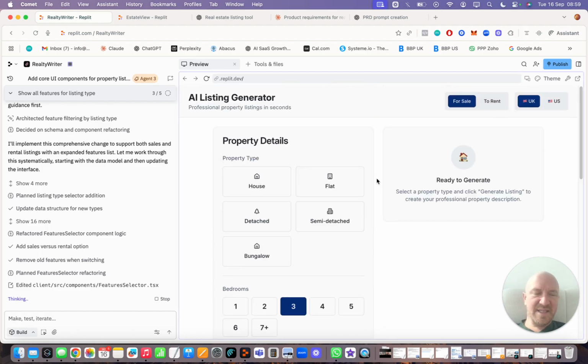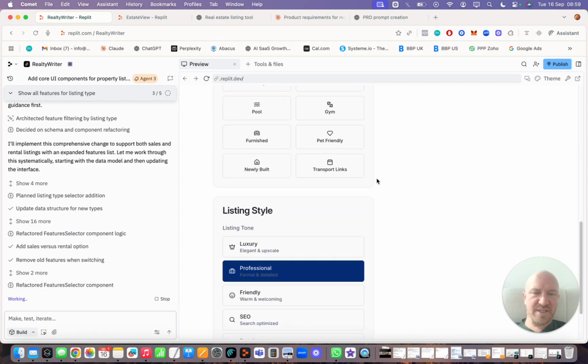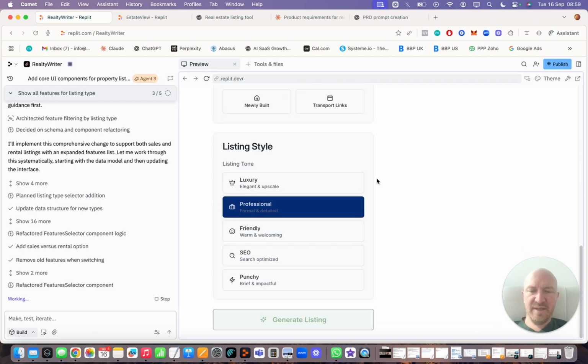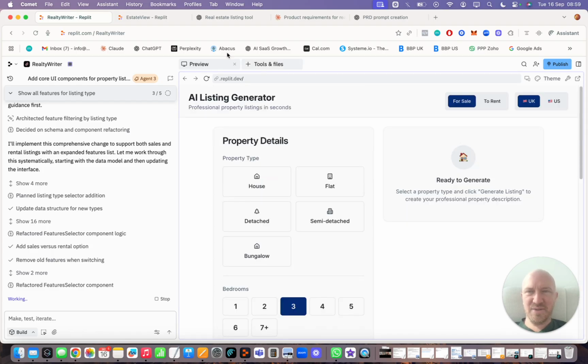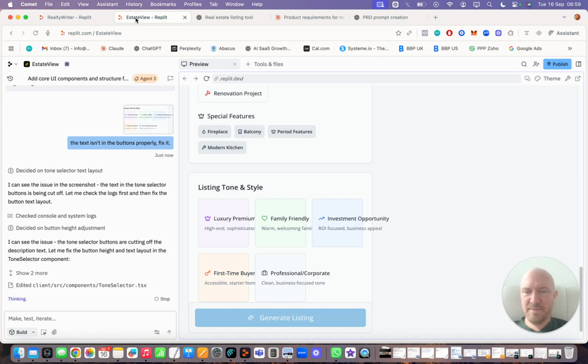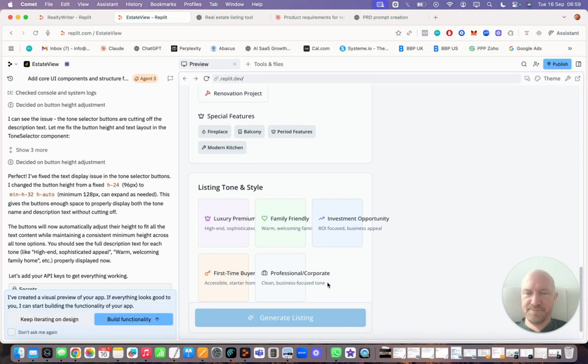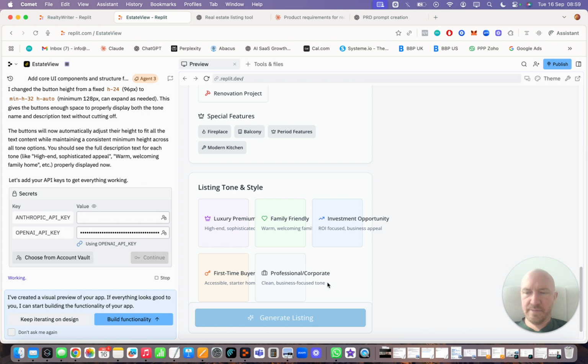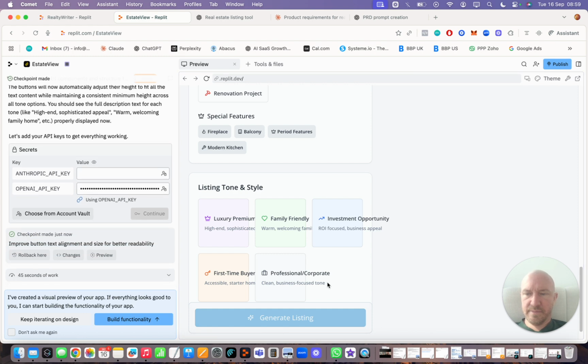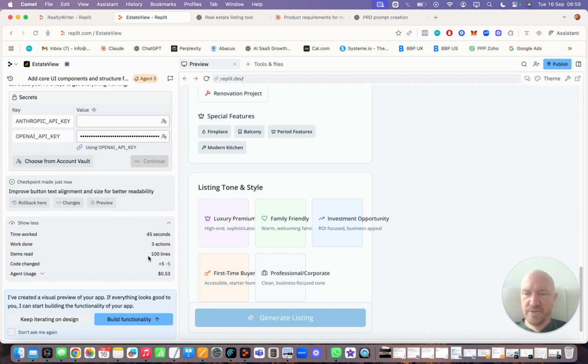And again, these people trying to make this process look more complicated than it needs to be. Well, they're just trying to look like they're smart or something. I don't know. Right. So I can see this issue in the screenshot. So we're back to this one, watching this fix. Okay. 45 seconds of work, and it's not done it. Okay, so again,